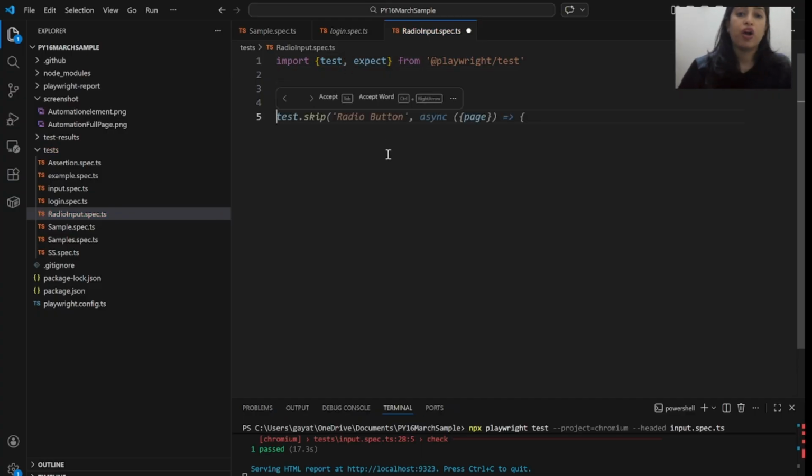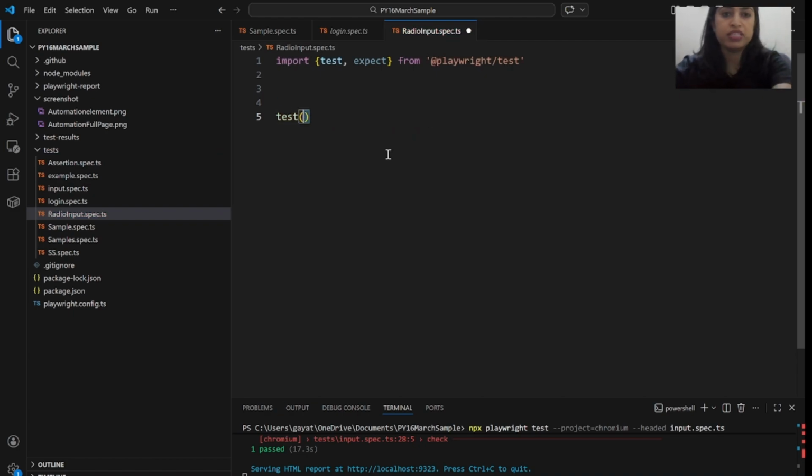Now we are going to write our first test. The test function accepts two arguments. One is the test name, so we are going to write input box verification.